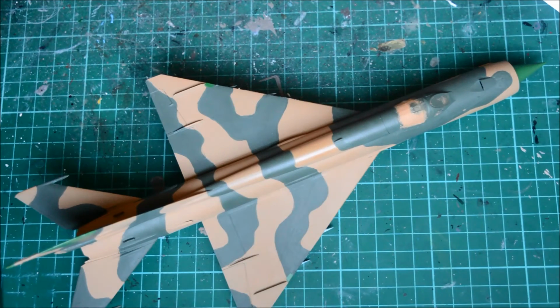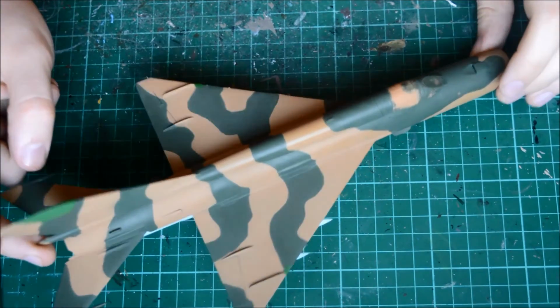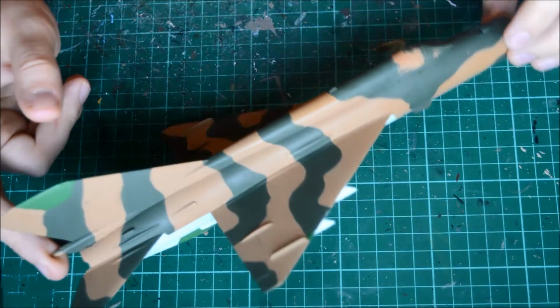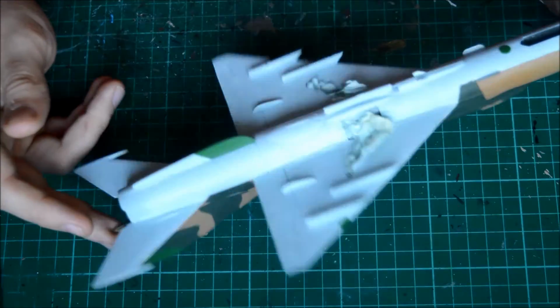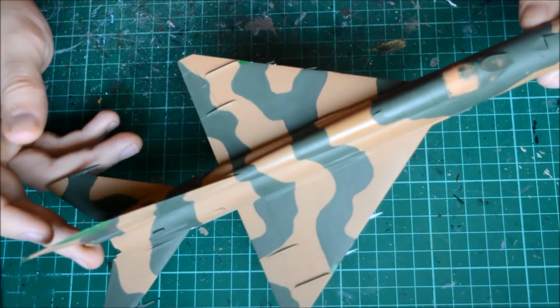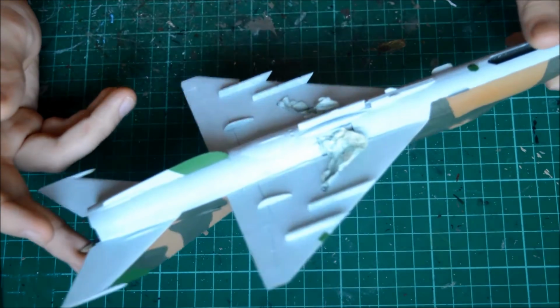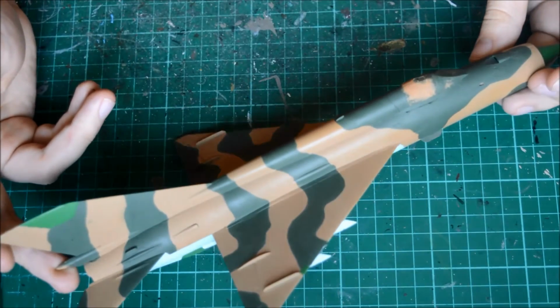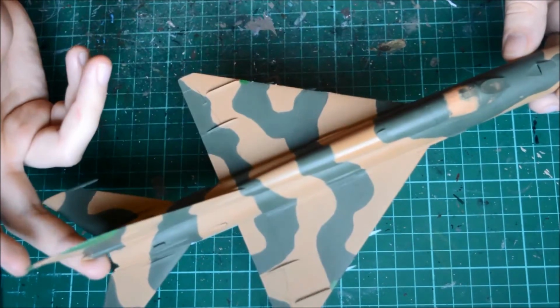Okay, so I went away and painted everything, and technically we're finished now with the main painting stage, and this camouflage was an absolute pain. It was. To tell you the truth, guys, it was. As you know, I sprayed the bottom camo first, which is a light blue. Sprayed the XF59 on the top, and then painted my way around using the